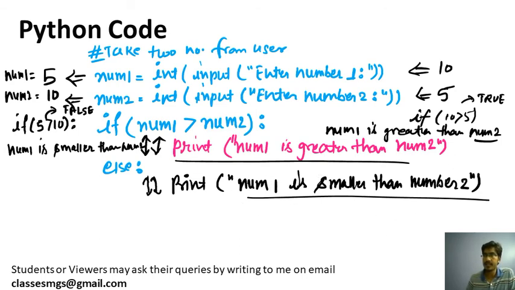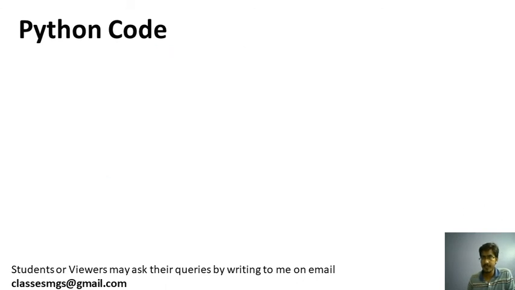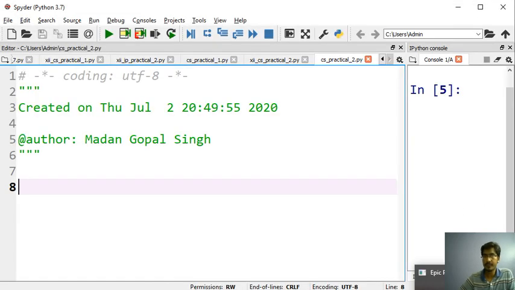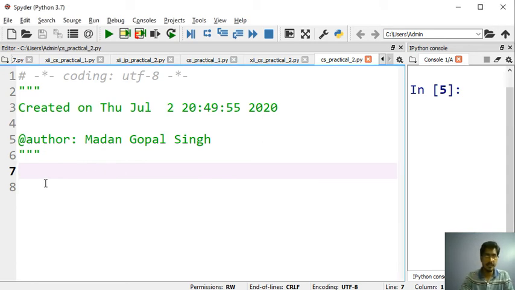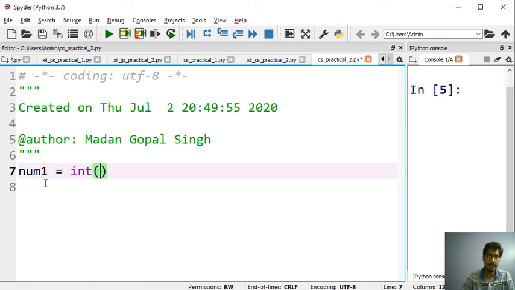Let's see it in the Python editor. You will type this program. We will take two numbers as input. Let's suppose number 1 equals int input, enter the number 1.